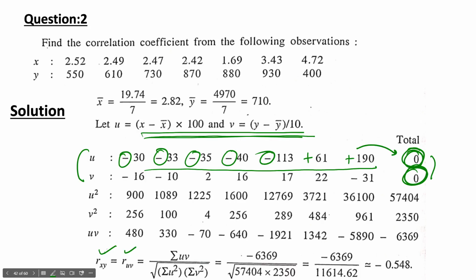So when this summation is very small, then r is not difficult to calculate, correct? So here it is 0, but even if you have calculated, say, 10 or 2,